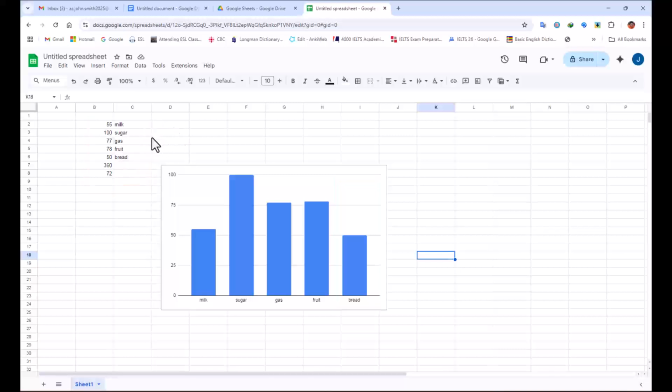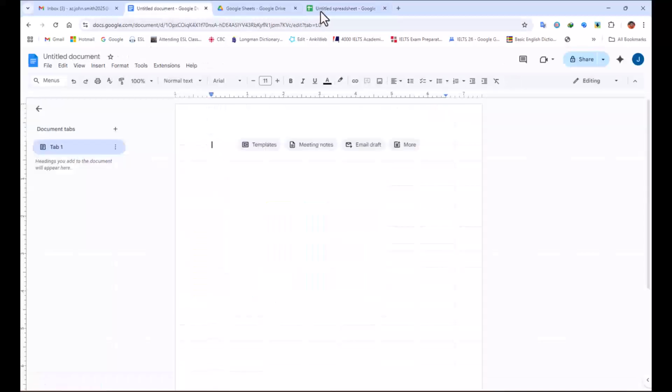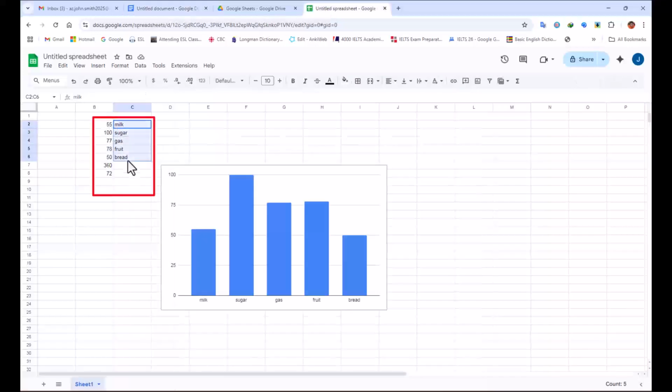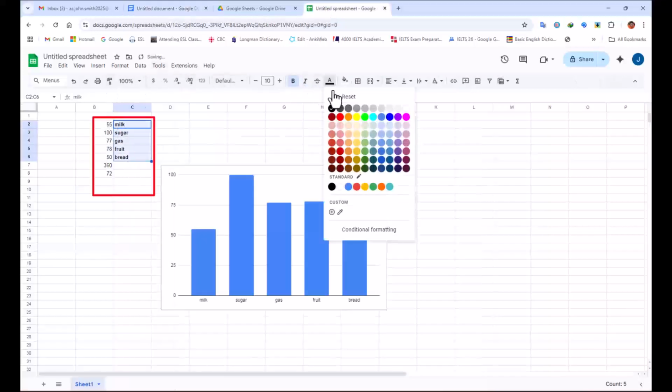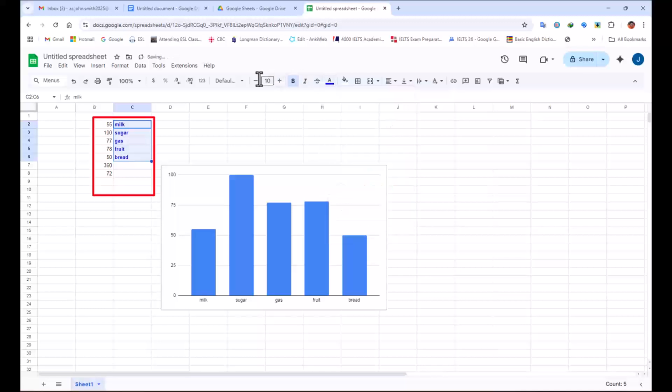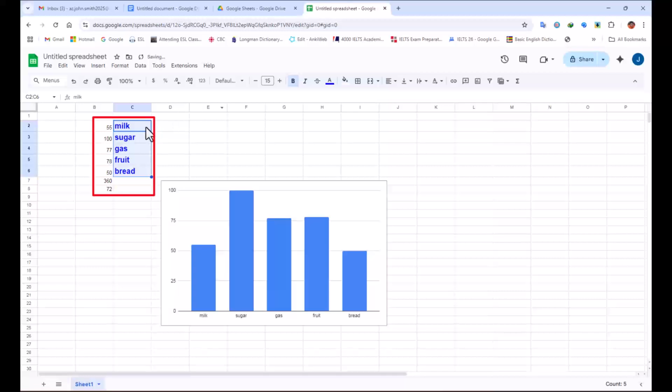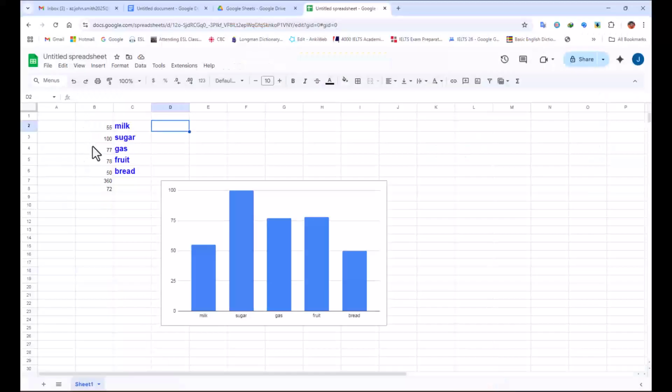So here I only wanted to mention that the sheets that we are working with, Excel sheets, are similar to Google Docs that we were typing in. Even if I wanted to, I can select them, make them bold, as you see here, make their color different, or increase their font. Anything that we learned on Microsoft Word is similar to this one. The only difference is that we have thousands and millions of cells that we can work with for big data.